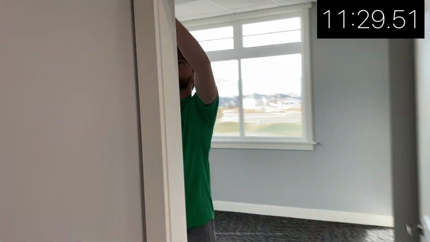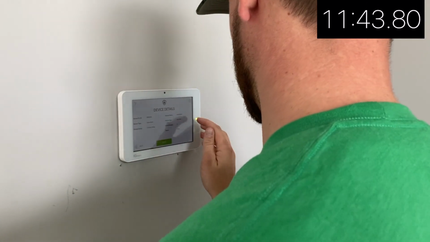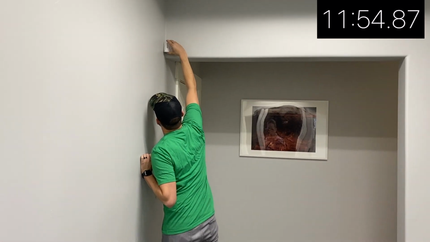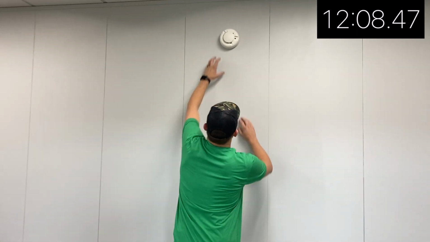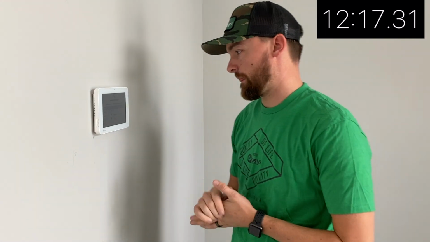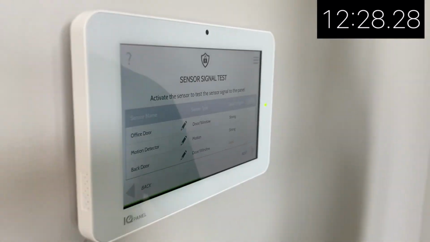Got a glass break detector here. Sensor added successfully. Motion detector up here in the corner. Sensor added successfully. And a smoke detector. Sensor added successfully. So now that everything is learned in, our wizard is actually going to show us the individual